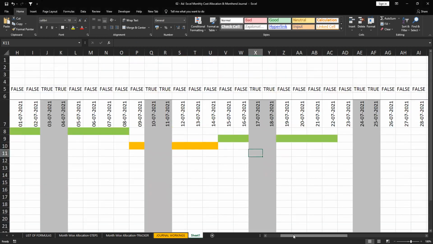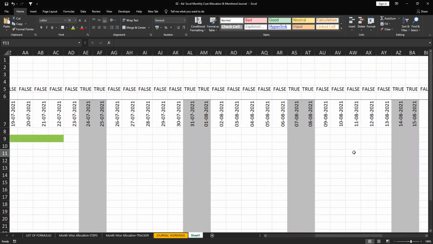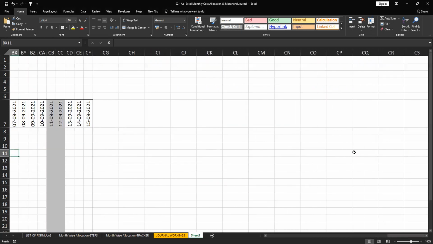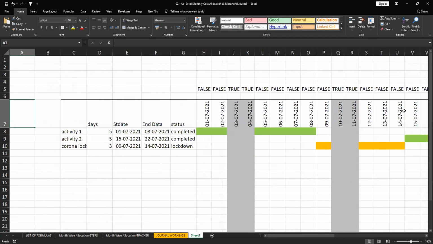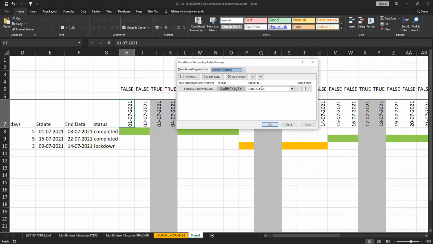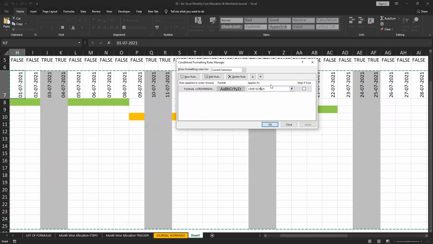Suppose you need to extend the table further, with more columns. You need to update this again. Go to conditional formatting, manage rules. Instead of CF, select it, backspace, then ZZ. Then give OK.